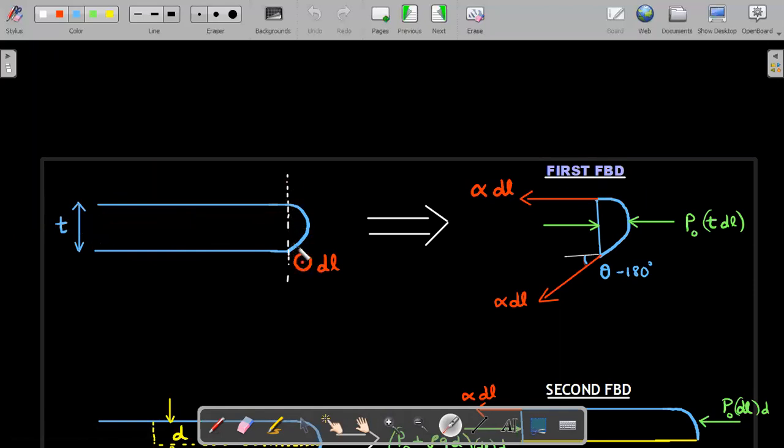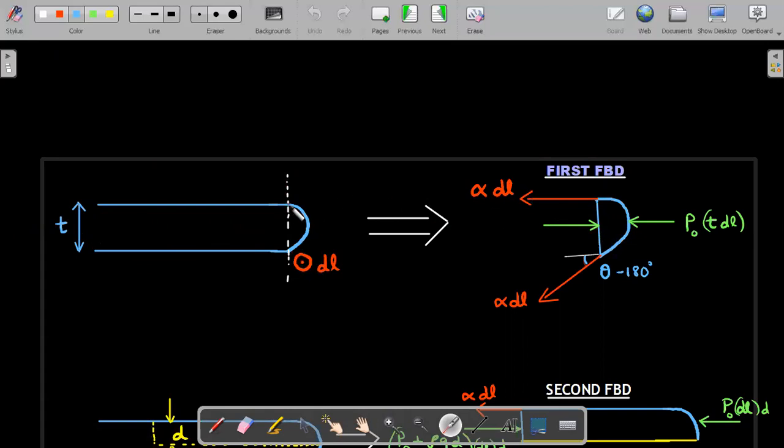So this particular thing, as you cut it out and draw the FBD here, let's try to see what are the horizontal forces acting on it. I'll try to talk about the equilibrium in horizontal direction. First and foremost, you need to believe that whatever FBD I'm drawing, there is a depth to it into the board also. Into the board, there is a small DL length, because without that length, surface tension cannot be depicted on a free body diagram. So there is a small DL that I have taken here.